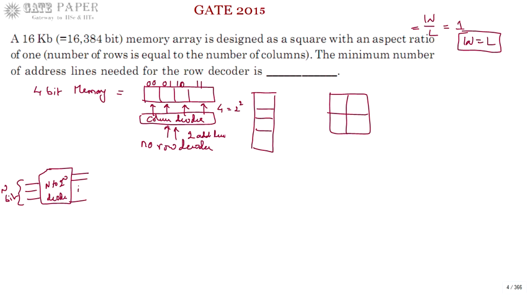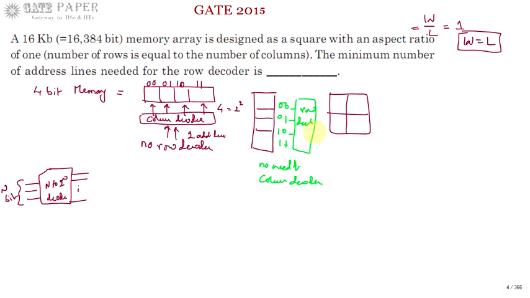In the second case, there is no need for a column decoder because it has only one column, whereas it has 4 rows and each row must be given some unique address so that it can be identified. For this one, it requires a row decoder. A decoder is required whenever the number of memory locations is greater than 1. Remember it. There are 4 memory locations, so it requires a row decoder. This row decoder performs decoding, which is nothing but n to 2 power n.